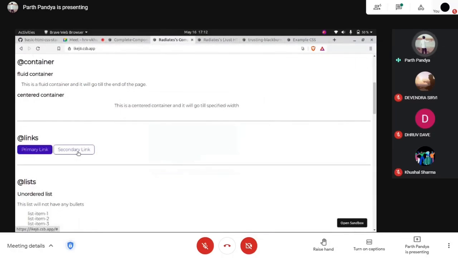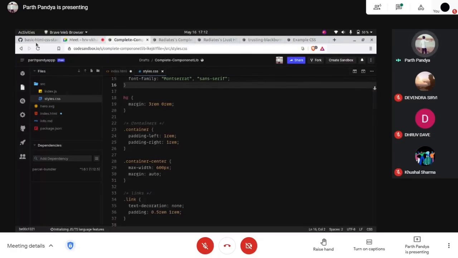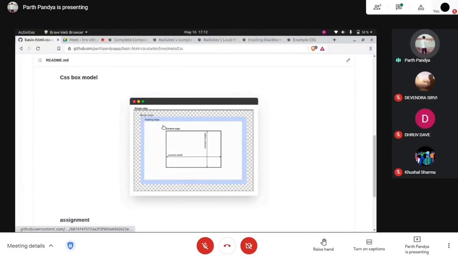So the space between the secondary link font and the purple border is called the padding area. The border area is bounded by the border edge, and it extends the padding area to include the element's border. You can add the border width and thickness.